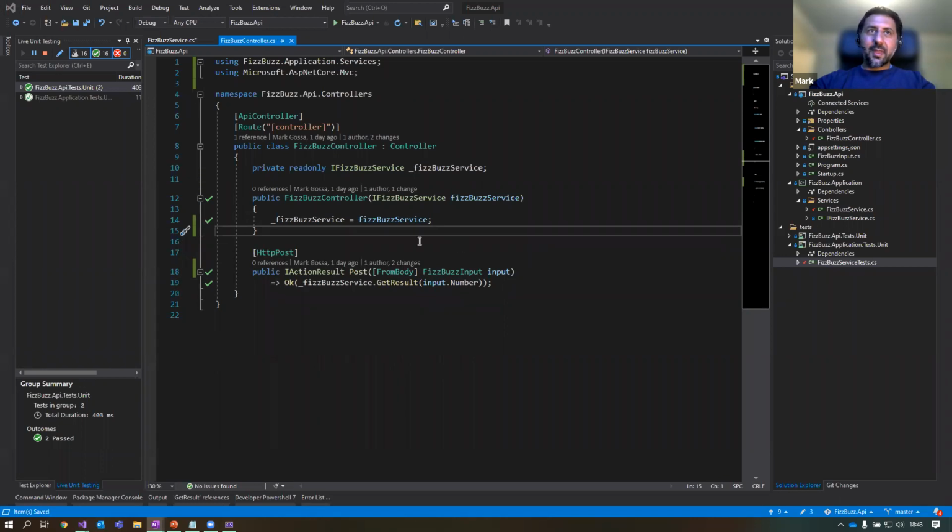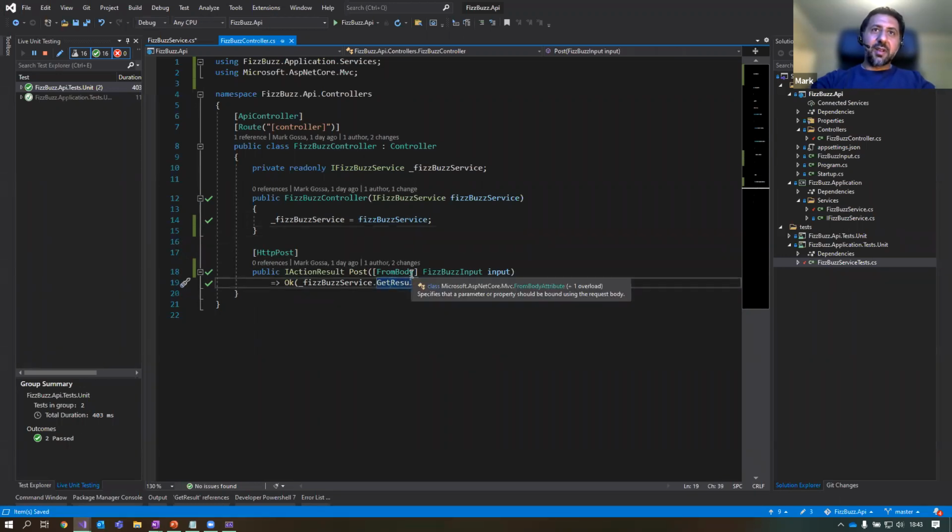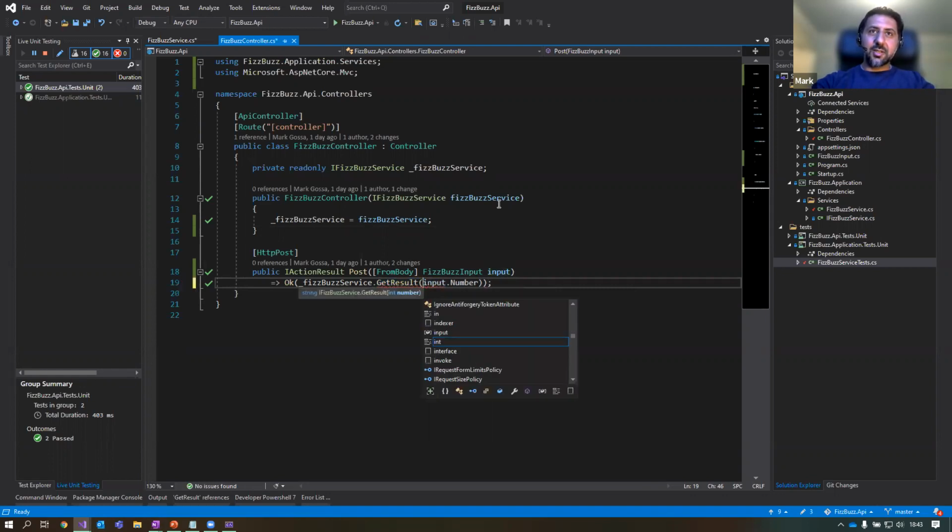Great. Another time you might find that you need the mouse is when you need to do a mouse over. If I want to know a bit more information about get result, I need to mouse over it. But one thing you can do is press Control K and then Control I, and that does a mouse over for you. Here as well, there is another shortcut to get the inputs or the parameters for that method. You can press Control Shift Space, and it will give you that summary. If there were other overloads for that method, you can press up and down arrow as you need.